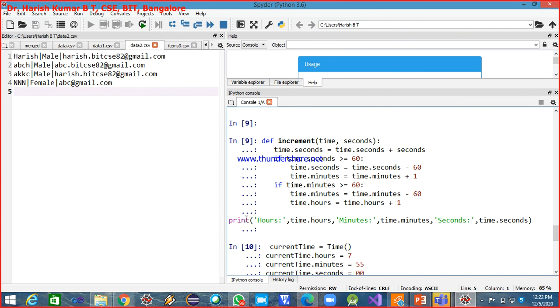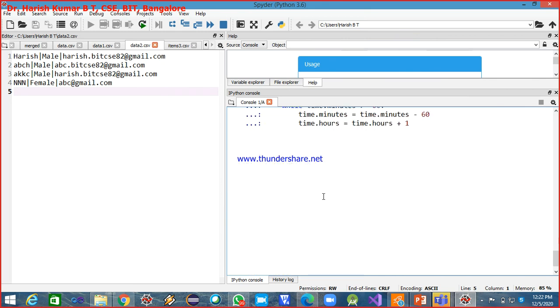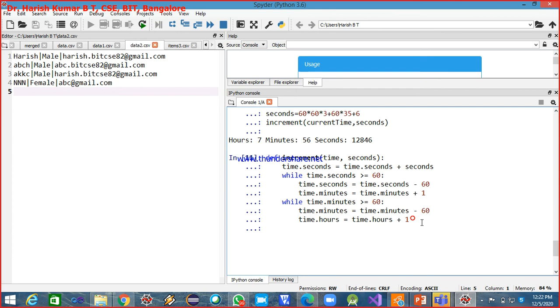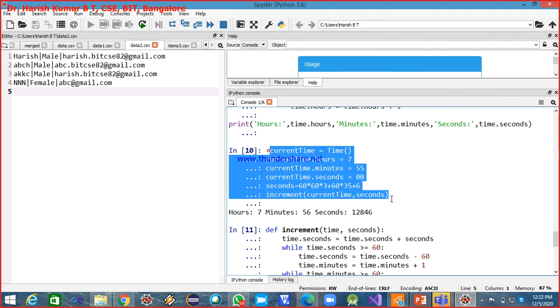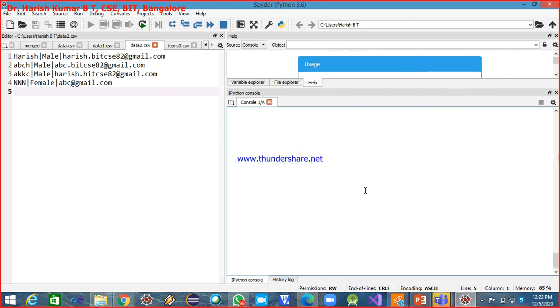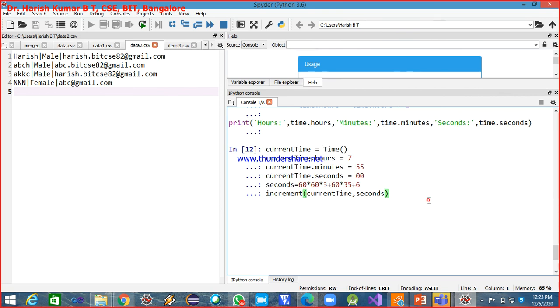Now I have to add this print outside these two whiles. Okay, now the definition is ready. Now I'll call the same thing. Now this is correct. It is 11 hours 30 minutes and 6 seconds.